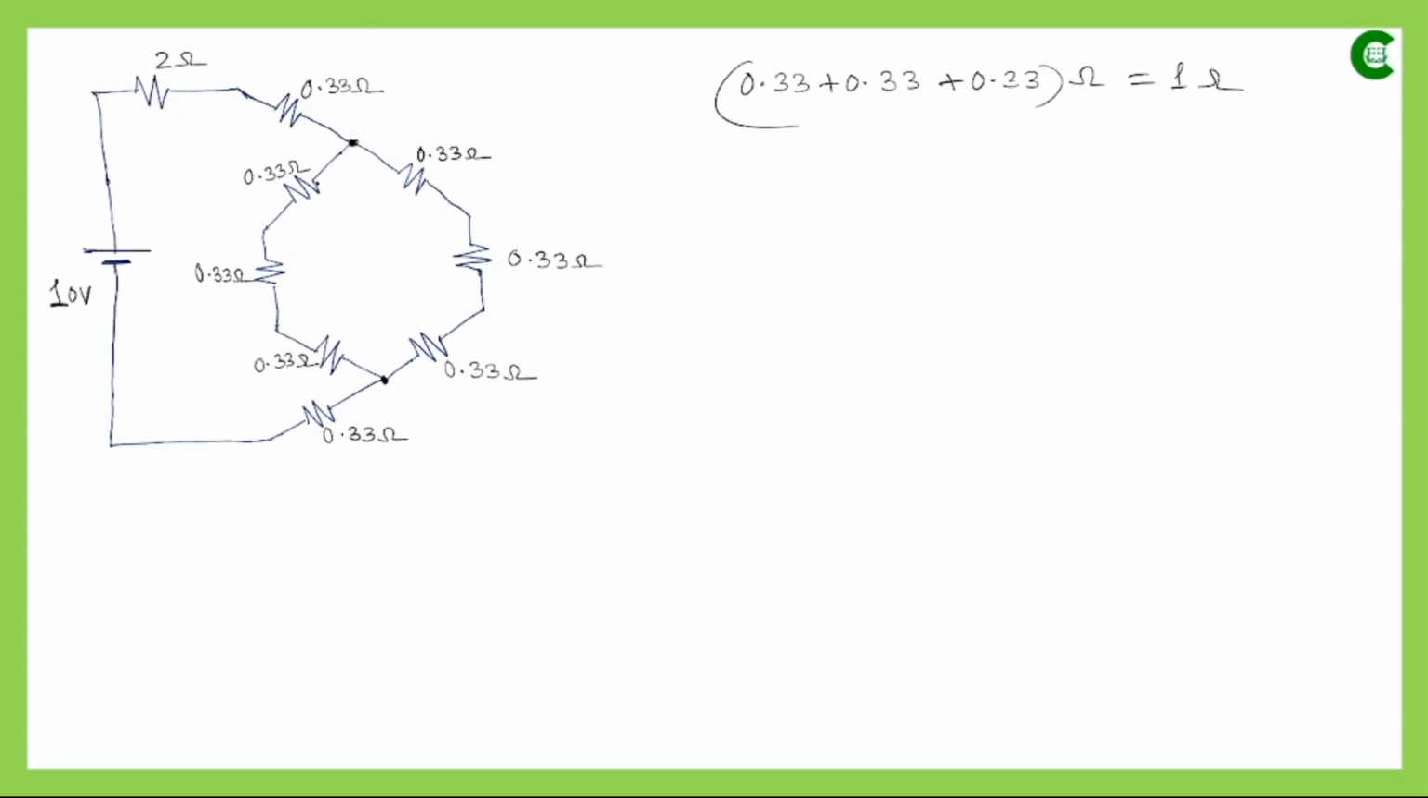And if we analyze this part of the circuit, the connection between these 2 points, again this resistor and this resistor, they are also connected in series, and since their values are the same, their equivalent resistance will again be 1 ohm. So this side 1 ohm, this side also 1 ohm. So the modified circuit now will look like,